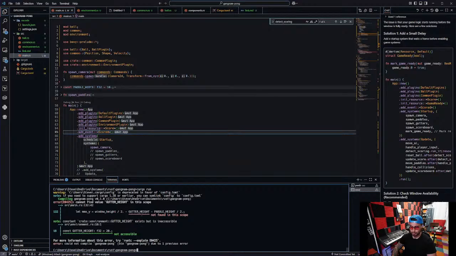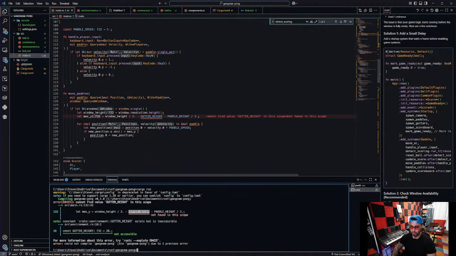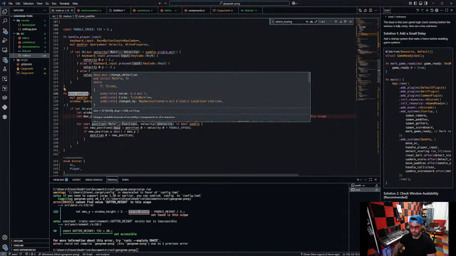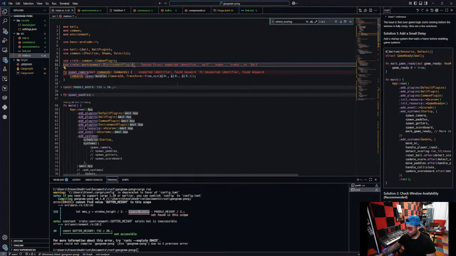Alright, sound broke. Alright. Paddles. Alright, we'll erase this later. What is it? Gutter height. Oh no. Gutter height, and then